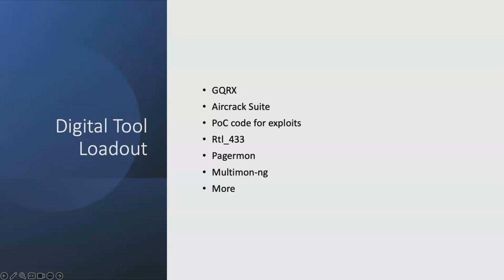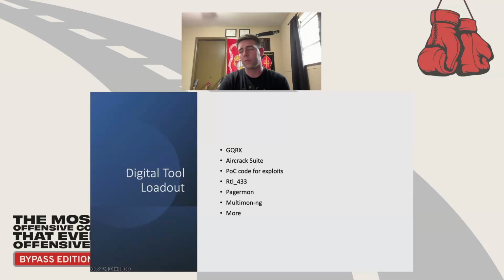GQRX to start with. If you're looking at a signal or looking for a specific protocol and don't happen to know exactly what frequency it's operating on, GQRX, go through and find it. There's automated scanning tools out there, but I like using that one. Generally, you can do some OSINT and figure out what operating bands your stuff is on. Then you've got